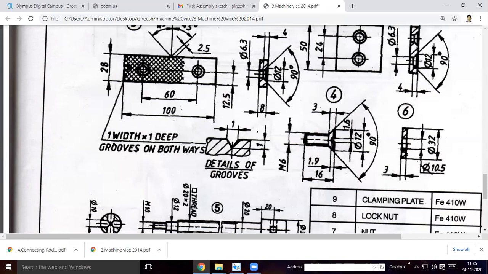From here you draw a line, as we did for the previous assembly. Here this will be 16 mm. Here the angle will be 90. So extend the 40 line, then extend this line, and see where it intersects.